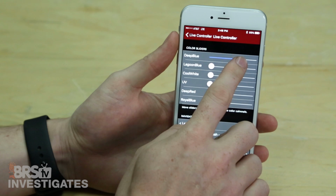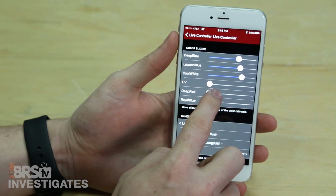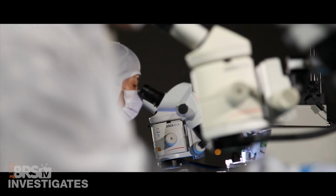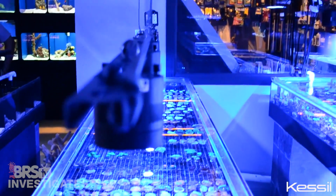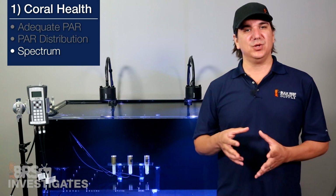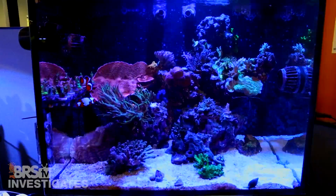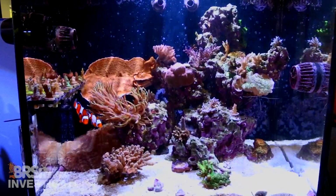Most of the larger competitors give you the keys to the spectrum kingdom and allow you to adjust all the individual channels to your whim. Whereas Kessil and their larger parent company, Dicon Fiber Optics, decided to research and produce a spectrum mix that's based on producing replicable results. The core of this is just providing the important blue spectrum almost everyone agrees is the most critical, and then giving you a knob to add green, yellow, and red,